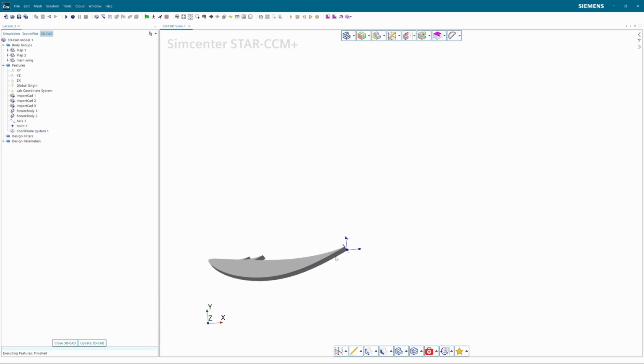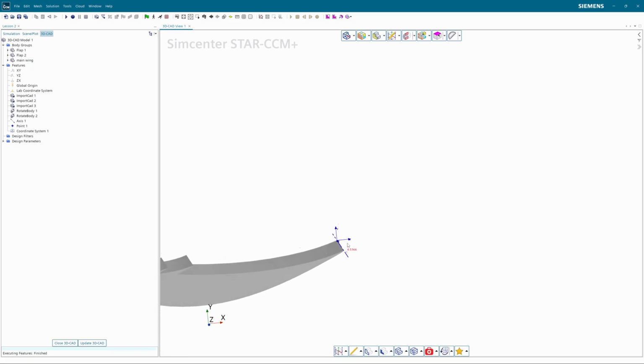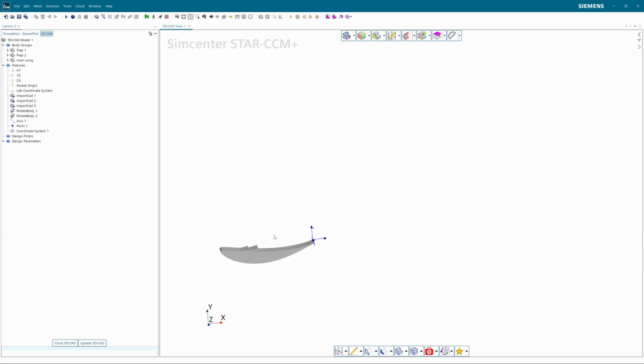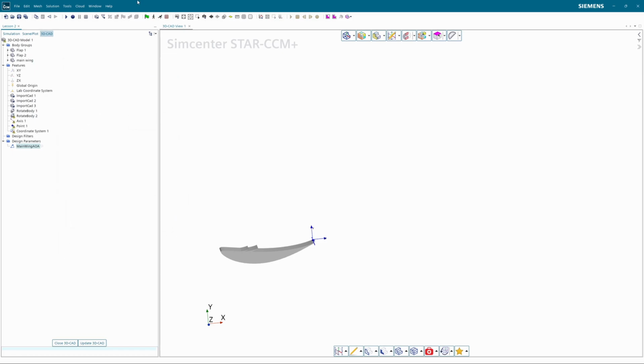Yes, so now we have this coordinate system, and this coordinate system will always be parallel with the original coordinate system. So the x-axis and the y-axis will be parallel, and its origin will always be in the trailing edge of my first wing. So for example, if I change this parameter to, let's say, 15 degrees once again,